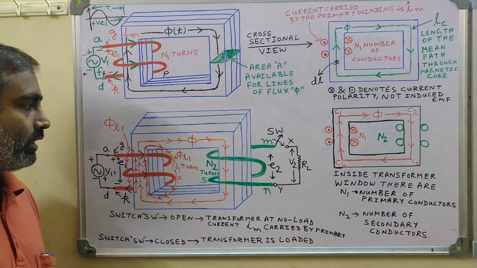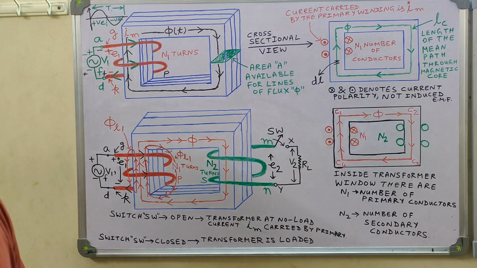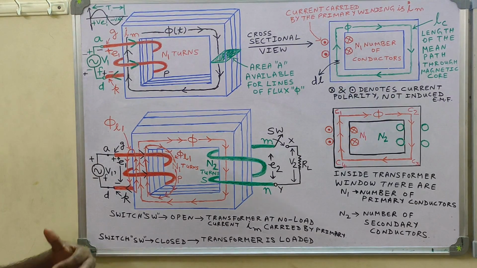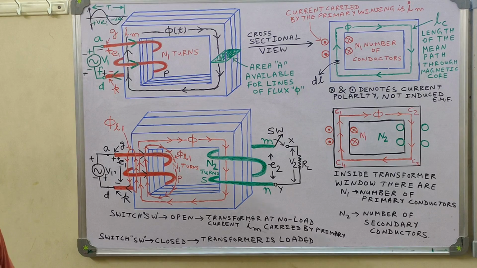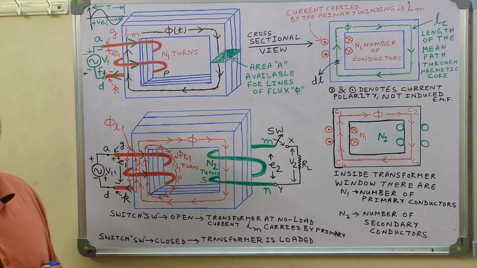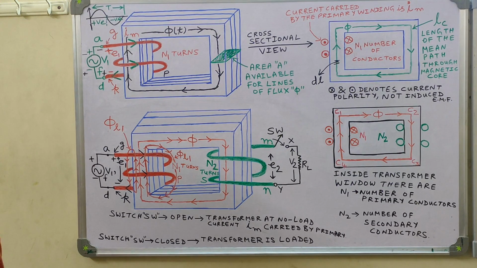Now, we have defined how to identify which winding will be primary winding and which winding will be secondary winding. Primary winding is that winding which is connected to a sinusoidal voltage source. Voltage source means source of energy, whereas secondary winding will be connected to a load. The load is actually an electrical load. I mean to say the load can be inductive, like an induction furnace, or it can be a resistive load, like lighting lamps, etc.